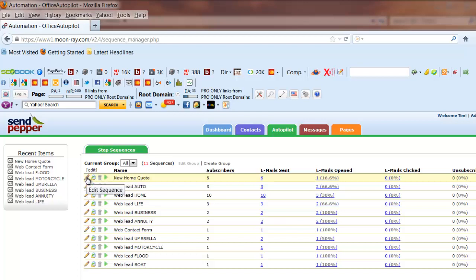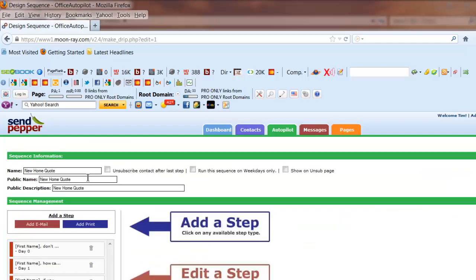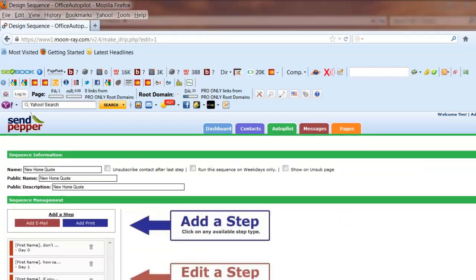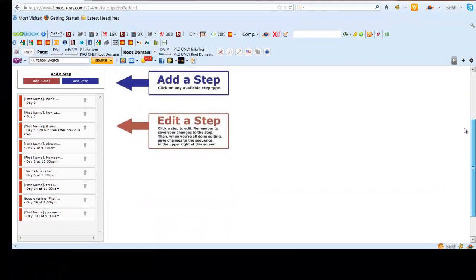So you click on the edit button to the left. That's going to bring up your screens here. Now, these are your individual steps in your campaign. They can either be emails or postcards. And so what we want to do is make an edit change on, let's work on this last email right here. So this is going to be sent 10 months after the initial prospect was added